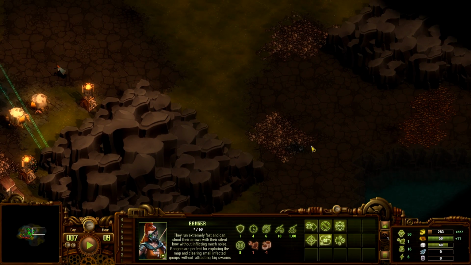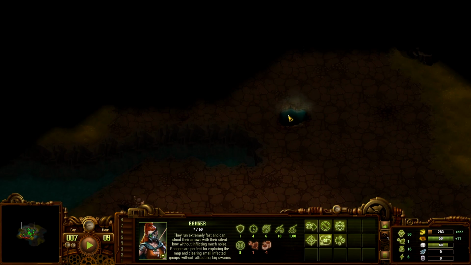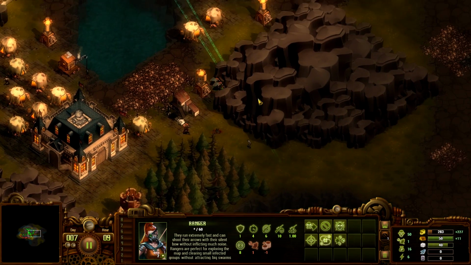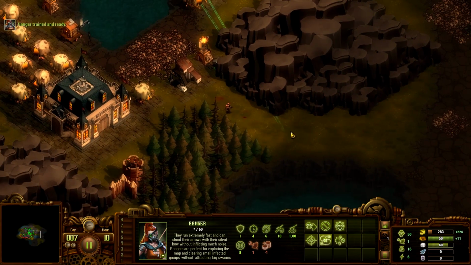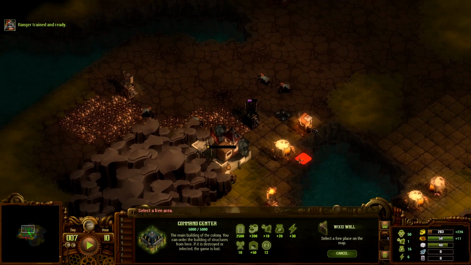The idea here, though, is I need to get to that iron. It's not even that much. It's just we kind of need that to start producing soldiers and not just rangers. My bow and arrows are ready. Okay. Let's do...